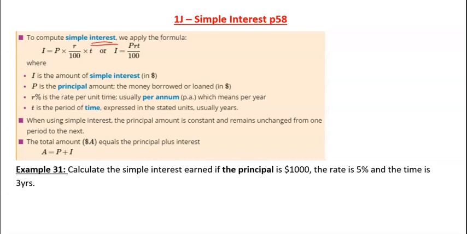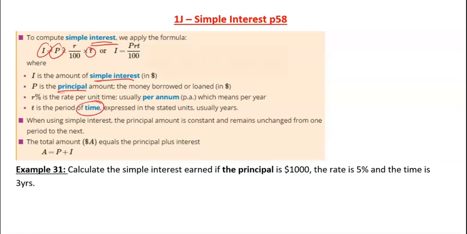So this looks a bit complicated, but it's not really that difficult. I, in this case, stands for the interest. So that's the amount, if we're putting money into the bank, that they're paying us, that we will get if we leave that principal amount. So that's what we actually invested. Maybe we put in $1,000, then we'll get some interest